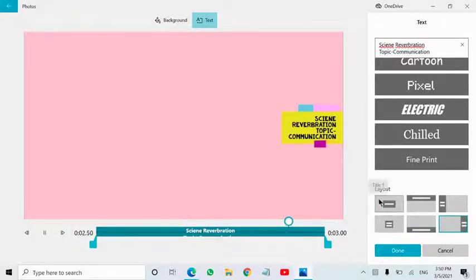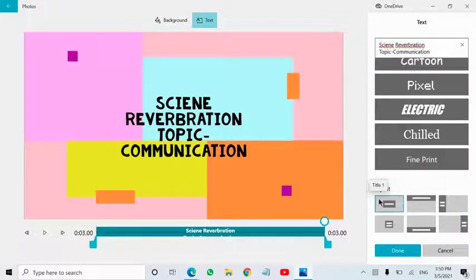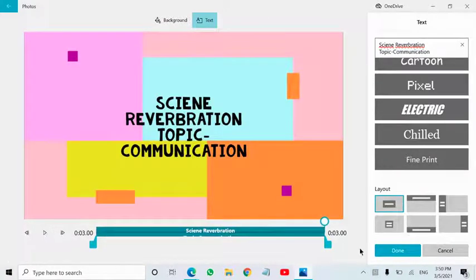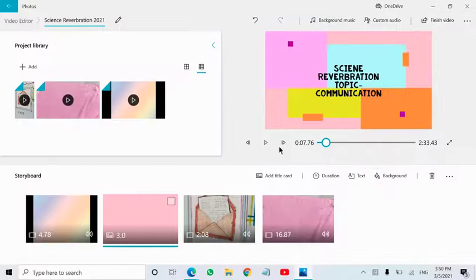So I always like the title one, which is in the center, this one. And the entry is also very nice. So I think the texting part is done. You can trim it from here, how long you want, how short you want, like this much only, or as big as you want. See, this much. Or else if you want the full one, so I will take the full one.